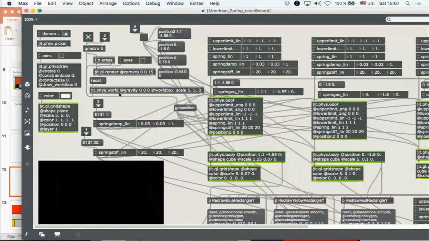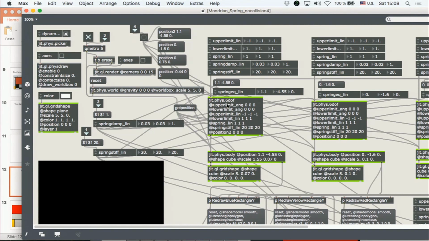So again, I have my physics world here, the physics object, the size. In this case, it's 2D, so I give 0 to depth, so I just have 5 by 5. And again, the gridshape and the physics body, that's for the black lines that behave like springs.